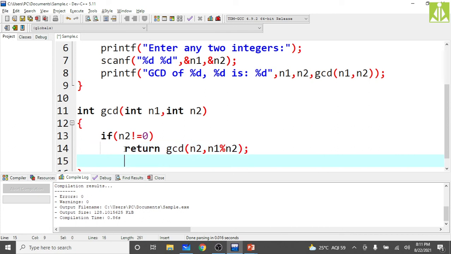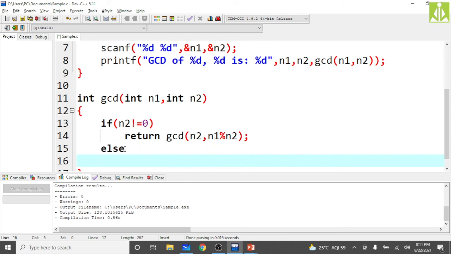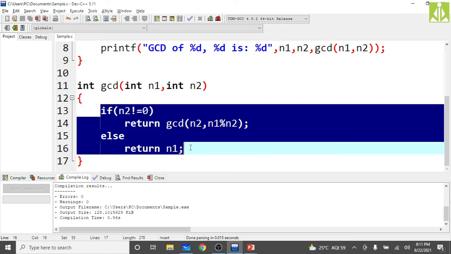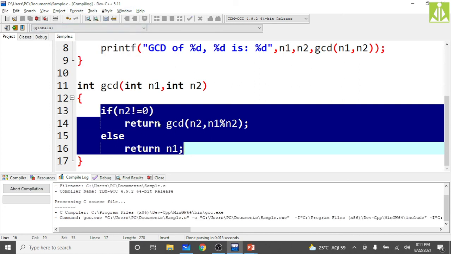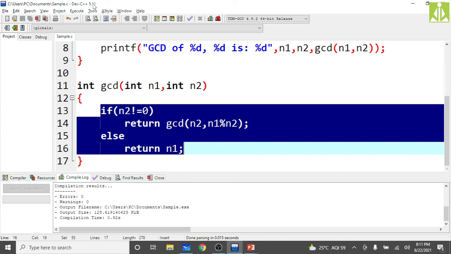It is very easy to understand and solve. Else return n1. Save this. Only this much code you have to remember from here to here. You can elaborate this one, the meaning is very clear over here.